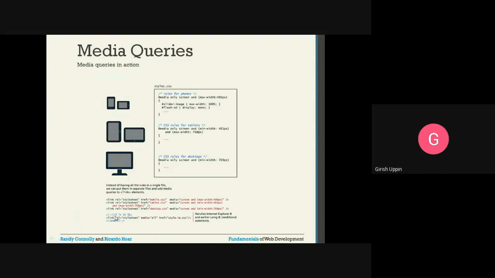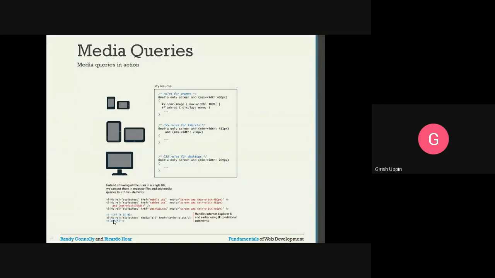Here it is written: if lt IE 9, then link rel stylesheet media all href style hyphen ie dot css, and end if. So this is the if condition.